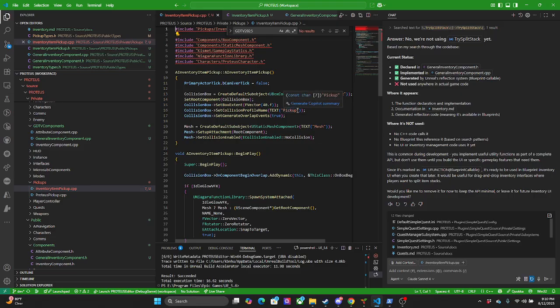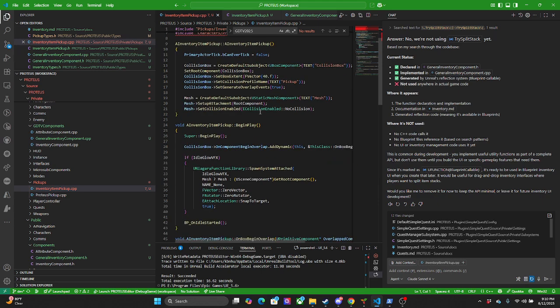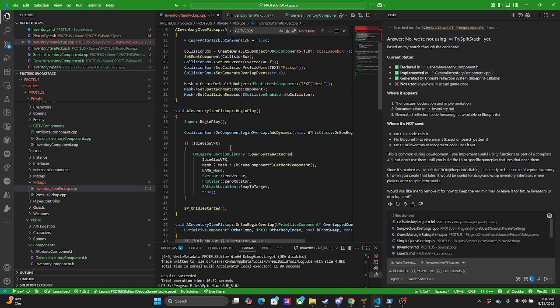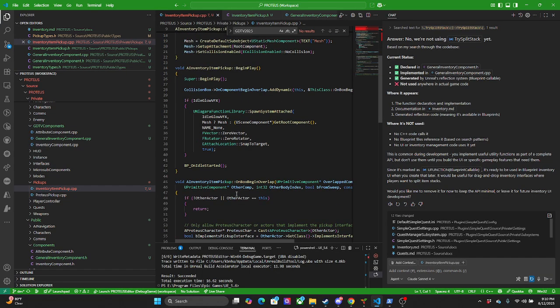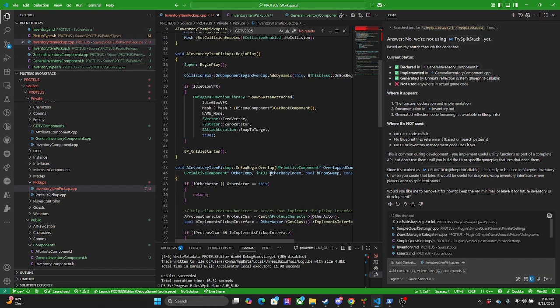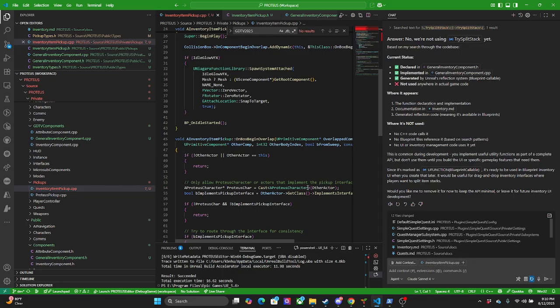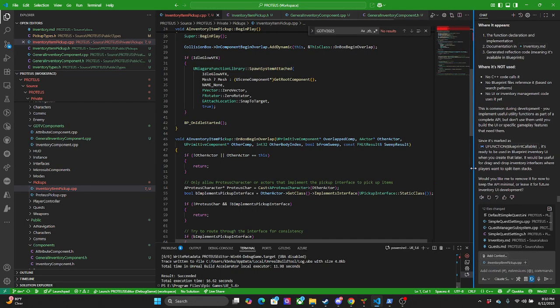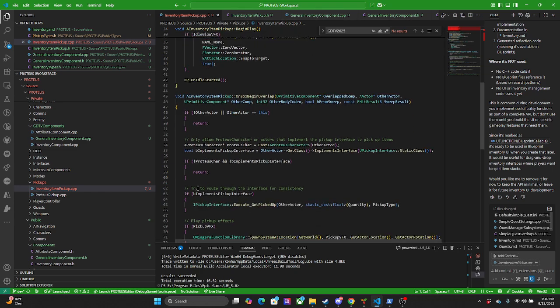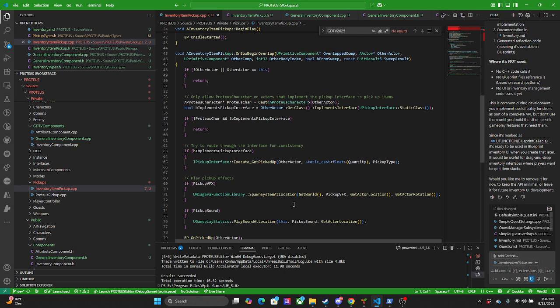Set the profile to pickup. I think that's because the other things did. I didn't code the other pickups, so I'm going to assume that's correct. It's going to spawn my glow effect. All right, so that's good. I don't know if it's going to look right, but here's our overlap event. That's pretty cool.